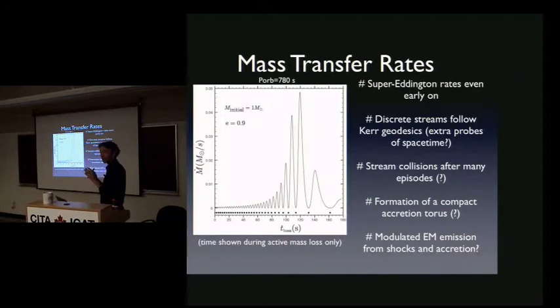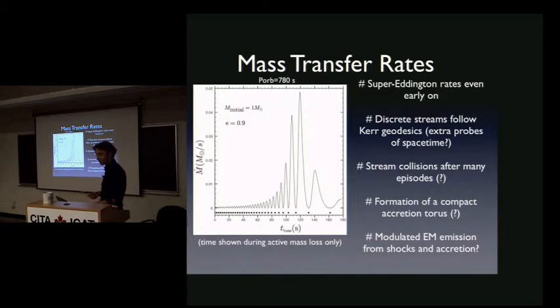If they collide, you might expect them to form an accretion torus. This accretion torus might produce a modulated electromagnetic emission from the shock of the subsequent streams. There's various ways you could imagine this will produce a variable electromagnetic counterpart. We have not really looked at this. It's a little bit complicated. I put a lot of question marks. But there's a potential for a variable electromagnetic counterpart at a time which corresponds to periastron passage, which you know from